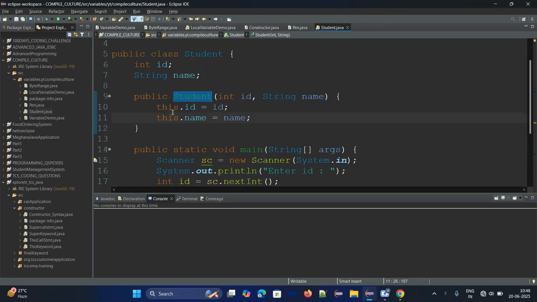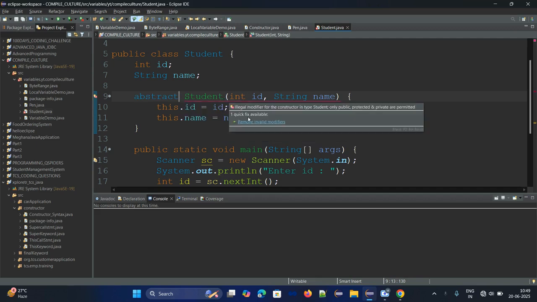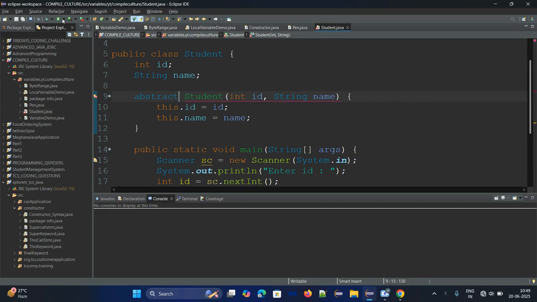Now see here, I am using the public access modifier. Are you able to see any red marks here? No, that means there is no error. Now, in place of public, I am trying to write abstract. Do you see the red mark here? Remove invalid modifiers.